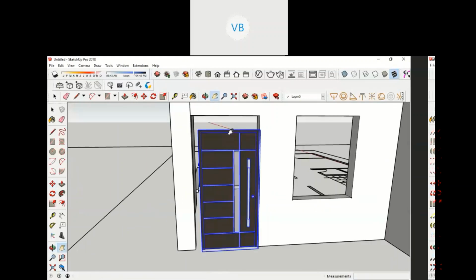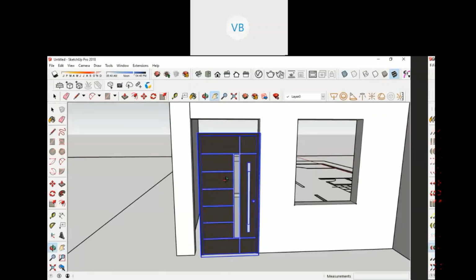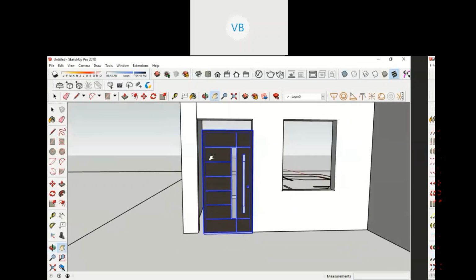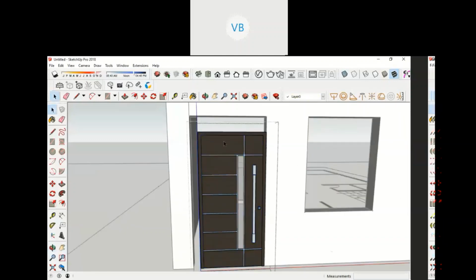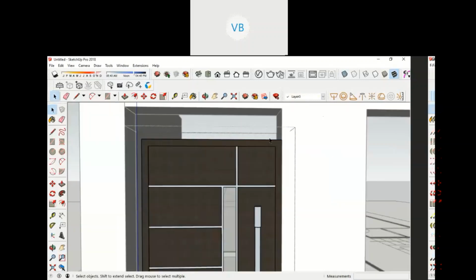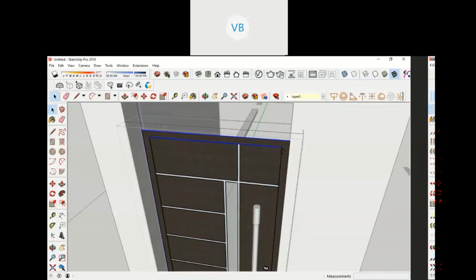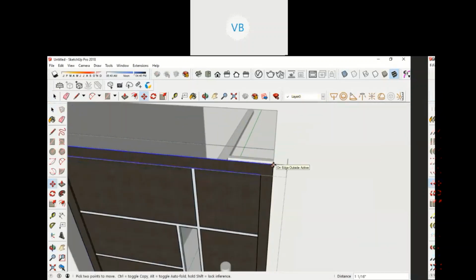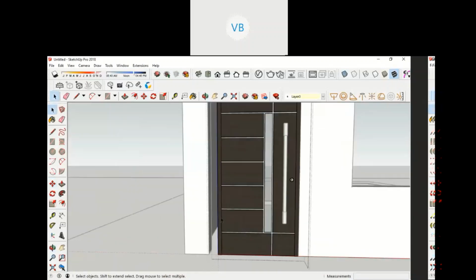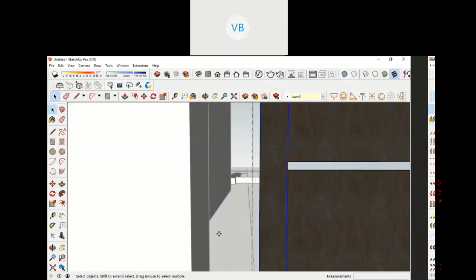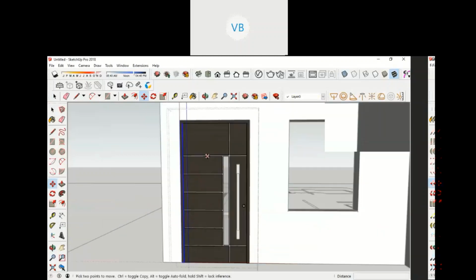And now I've realized my door is not exactly adjusted to the same dimensions here. So what I can do is directly edit the door. I double click and I can edit the door. They also work in groups. So I edit the door, move it, and I'm trying to pull it up. Pulled it up. Okay, I can edit like this. Things like that I can edit by sitting and editing. See, I moved it.